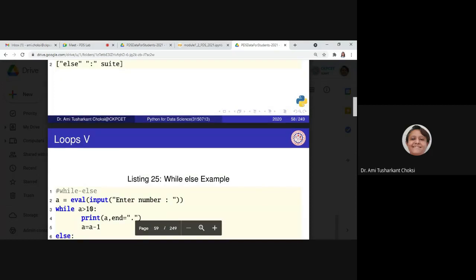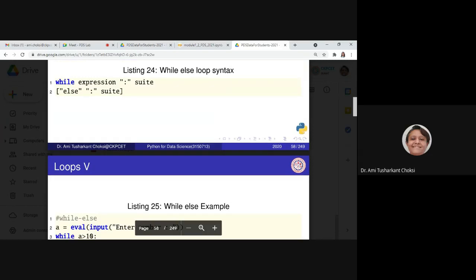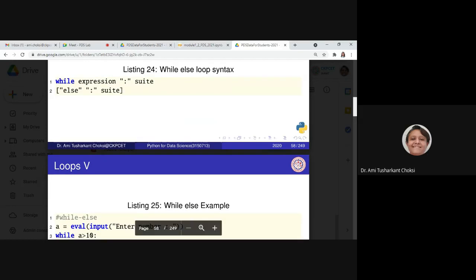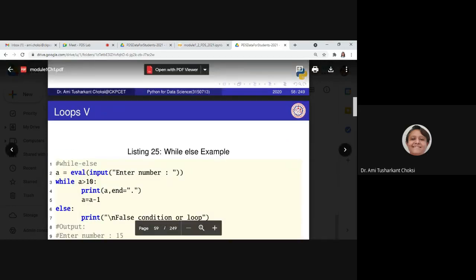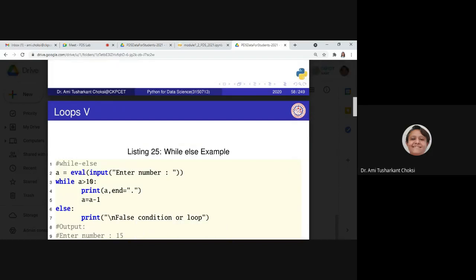Let us say we have our while loop. We want to understand the way this syntax is written in Python. So: while a is greater than 10, colon. Colon is required. If this condition is satisfied, then we print a, comma, and the text is equal to dot.